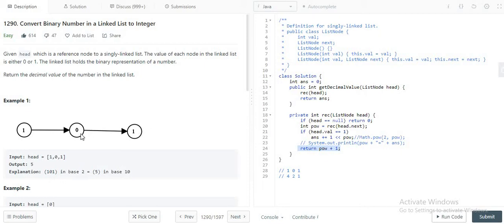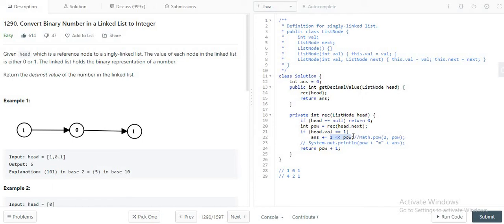So we come back to the node that has the value 0. It will not go inside this if condition, it will simply increment the power by 1. So 1 plus 1 becomes 2. Right now we are at the starting node. It is just popping out the function calls from the stack. Now the power is 2 and head value is 1. So it will be 2 to the power 2, that is 4, or you can shift 1 by 2.